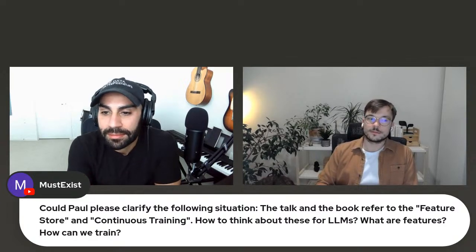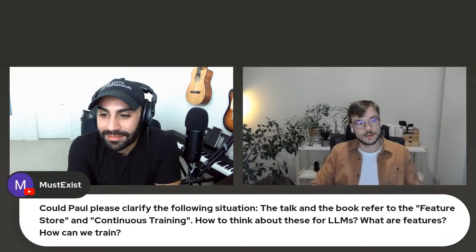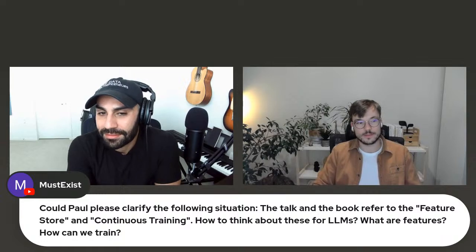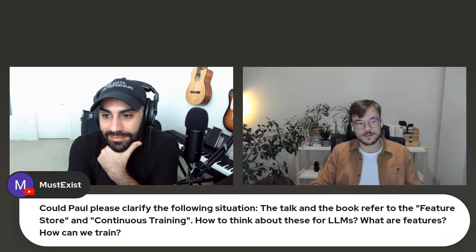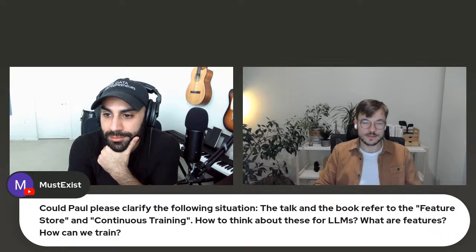Well, yeah, you got it right. So when it comes to NLP and large language models, I think that the term feature is a little bit in a gray area. Usually a feature is what you feed directly to a model.